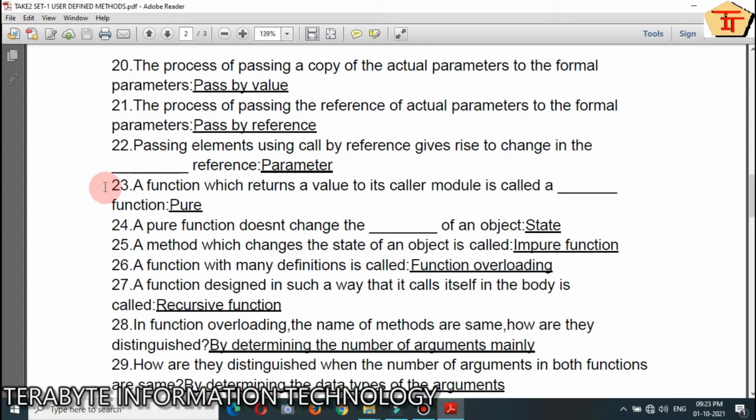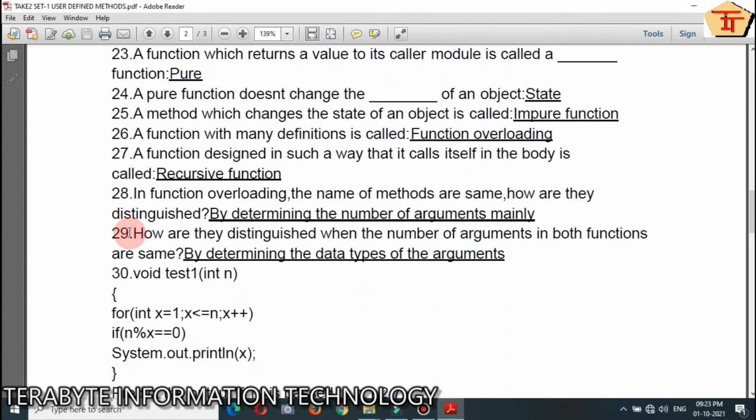Question number 23. A function which returns a value to its caller module is called a dash function, the answer is pure. Question number 24. A pure function doesn't change the dash of an object, the answer is state. Question number 25.